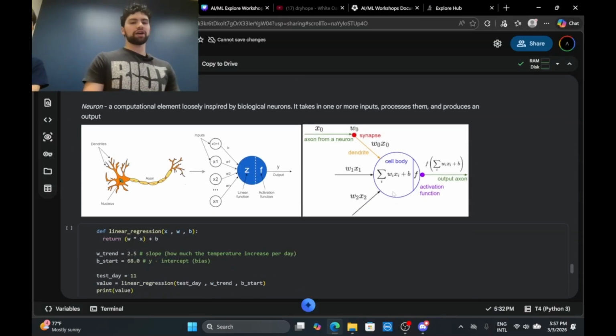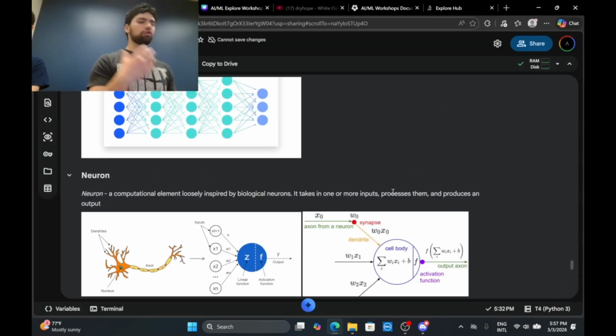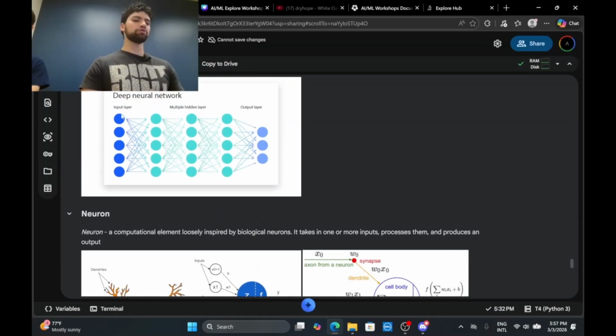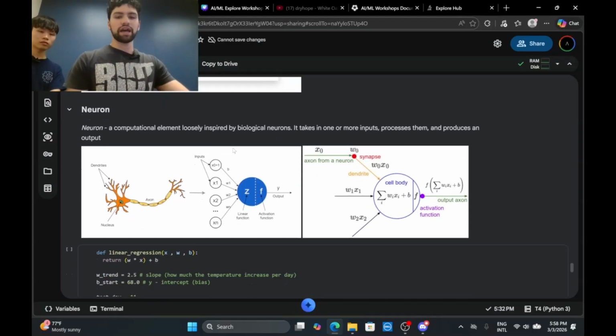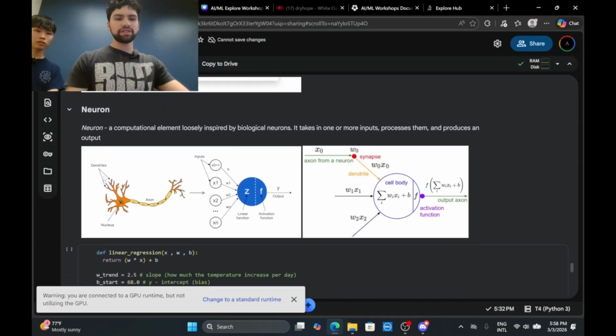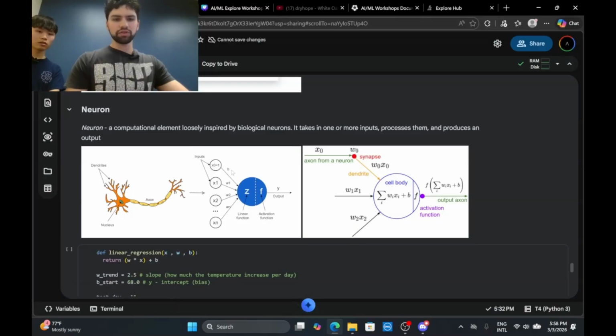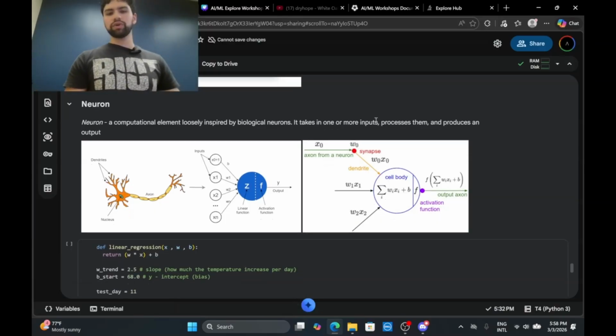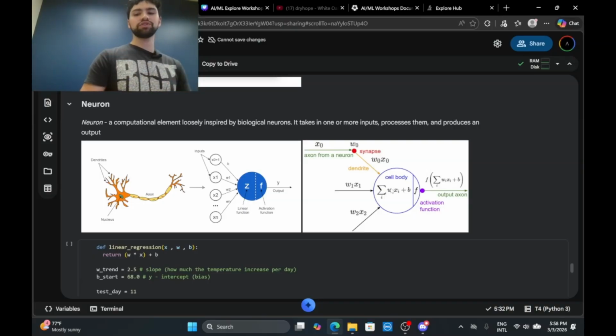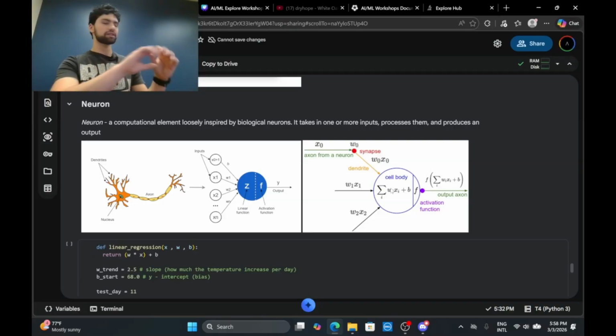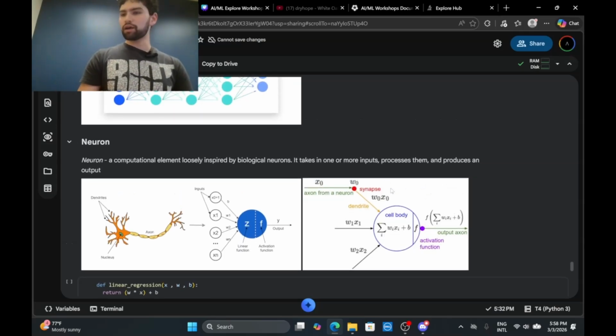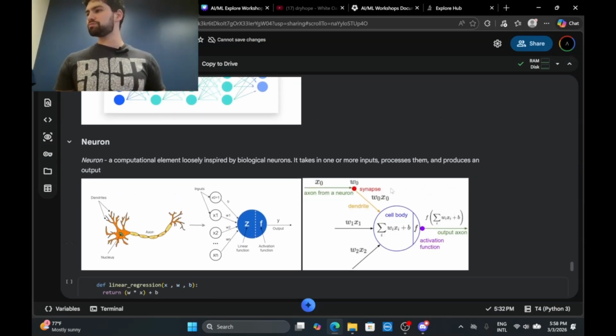These are inspired loosely by our own biological structures. Each of these components in a neural network are called neurons or perceptrons. And this is basically what they look like. We have some input and we perform some kind of activation on it, and from that activation we get an output. And I want you guys to realize something quickly.